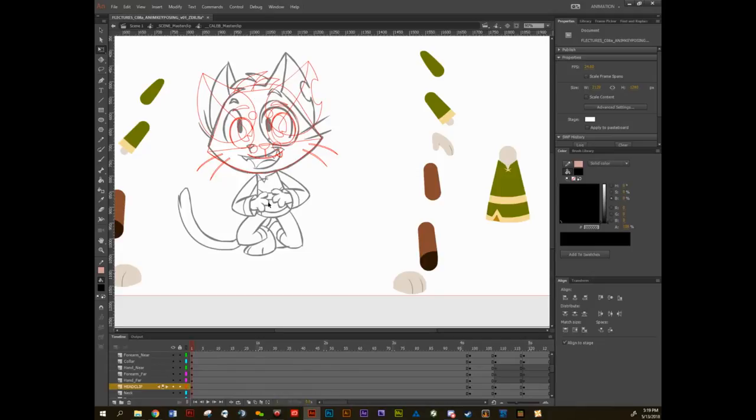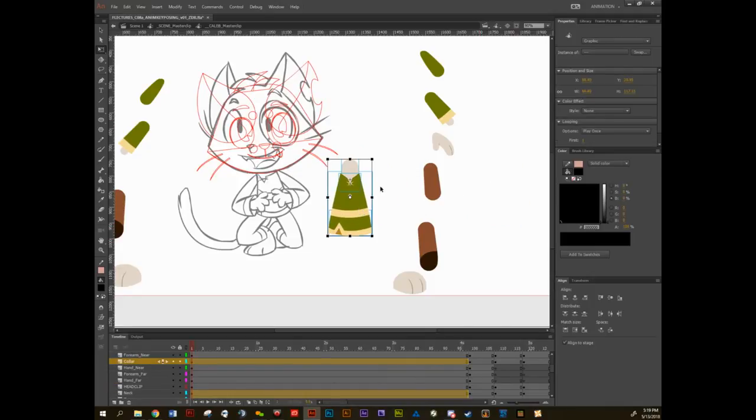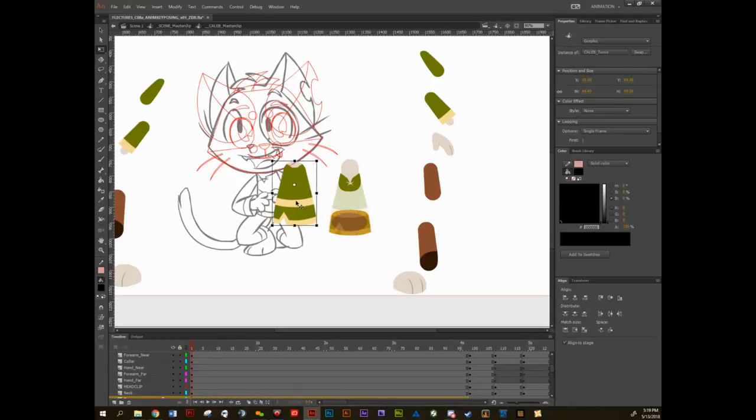So what I would do is I would look at my sketch, I'd look at the torso, and I'd think, can I get away with using this existing torso, but maybe just enveloping it or tweaking the shape slightly? And what I mean by that is if I grab this guy and I move this over here, this guy is currently made up of a couple of different symbols. So what I might do is I might go ahead and just temporarily grab this neck piece right here and this body piece. And, well, let's just try this. Let me just grab his torso. And if I put his torso over here,